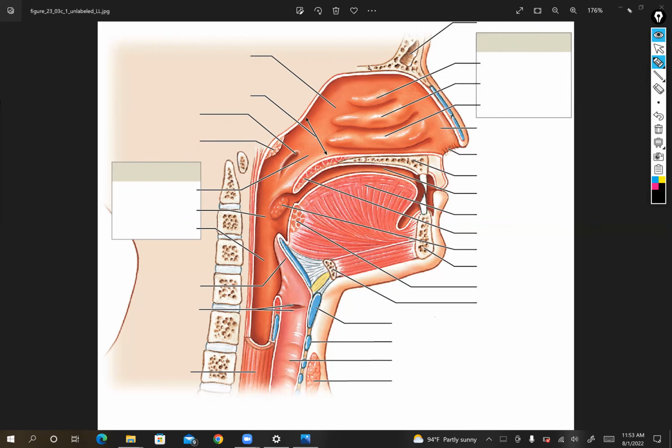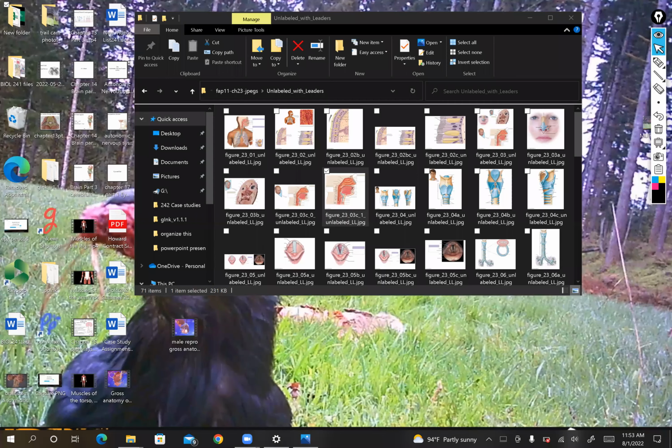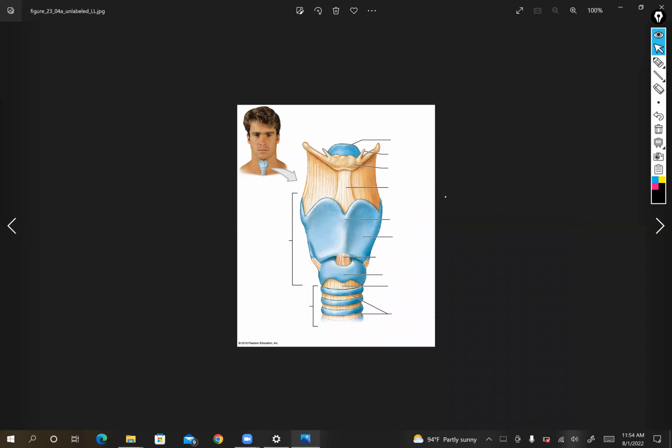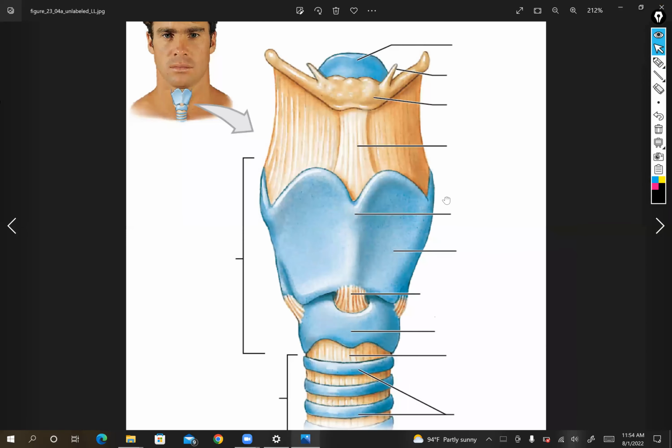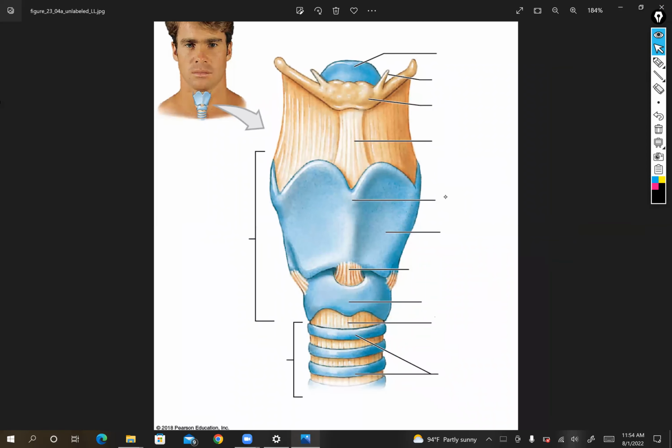So let's go to another image. Okay, this is a good one. All right, so here we have a larynx, the front part. So this bone is the hyoid bone, which you might remember from last term. And then peeking up over the top